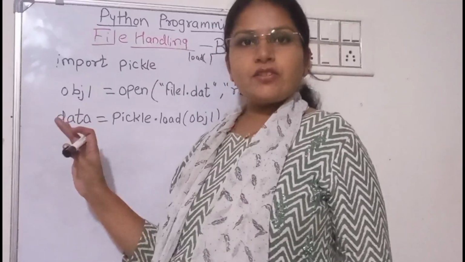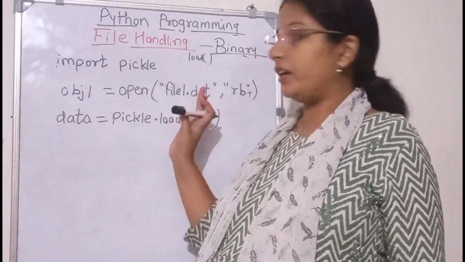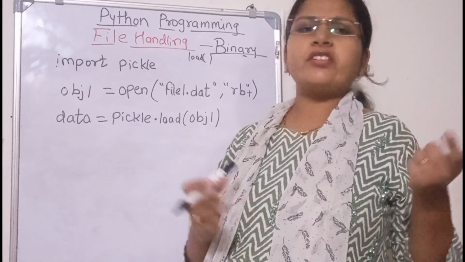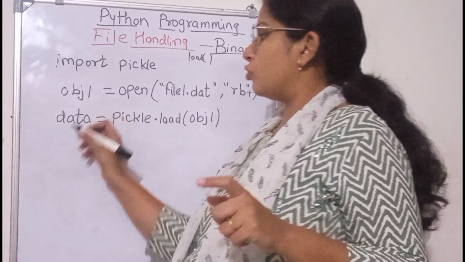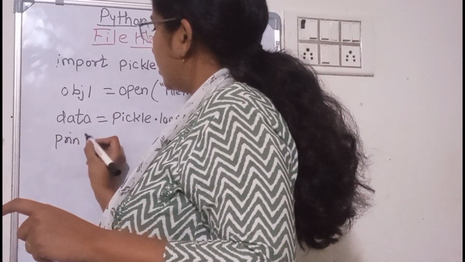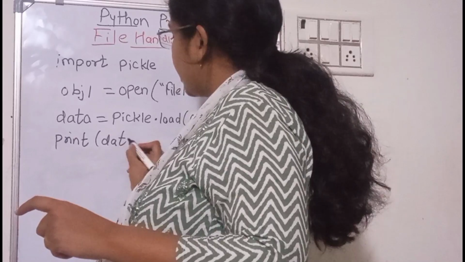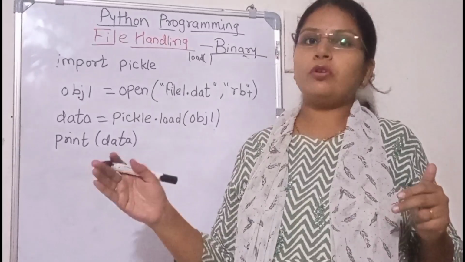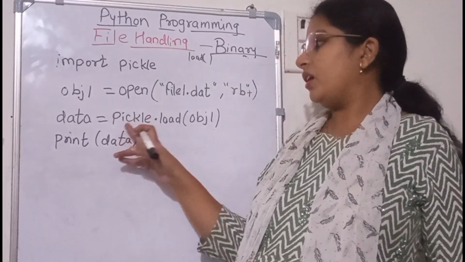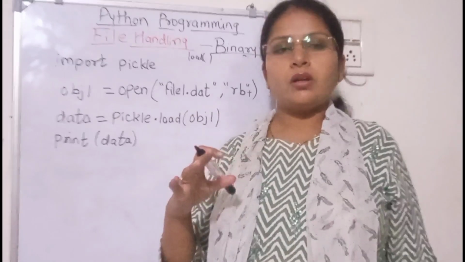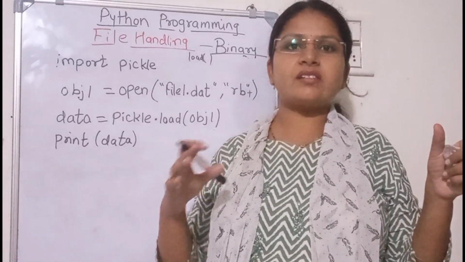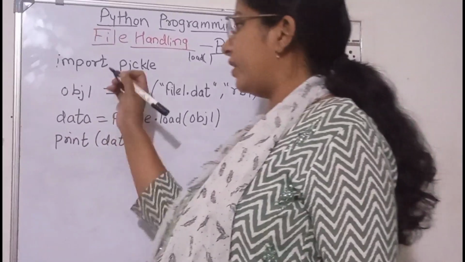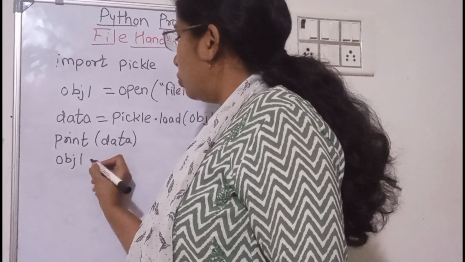So now as you are ready with the data, whatever content is written in the file, that content is stored in the data. So how to view the data? Just use the print function to print the data. So print data, give the data as an argument. So your data is ready. You are just printing that data in the output window so that you can view it. So the pickle module is used to convert the normal text data to the byte stream and the byte stream to the normal text data. So here you are printing the data and just close the file as you do.